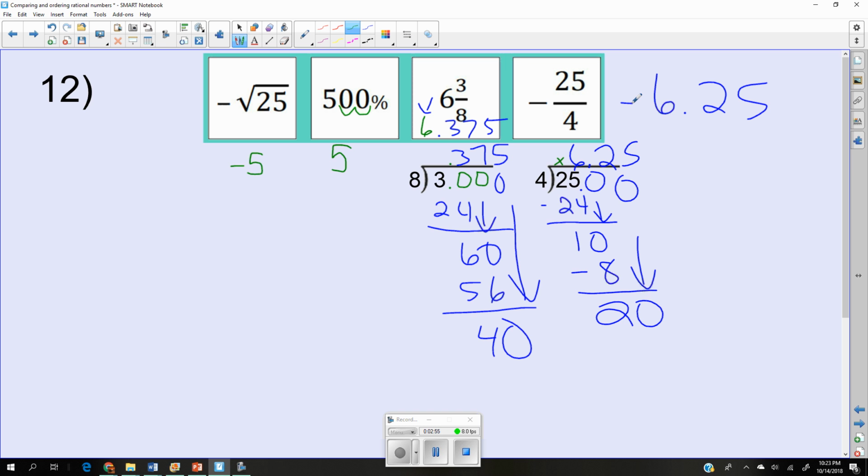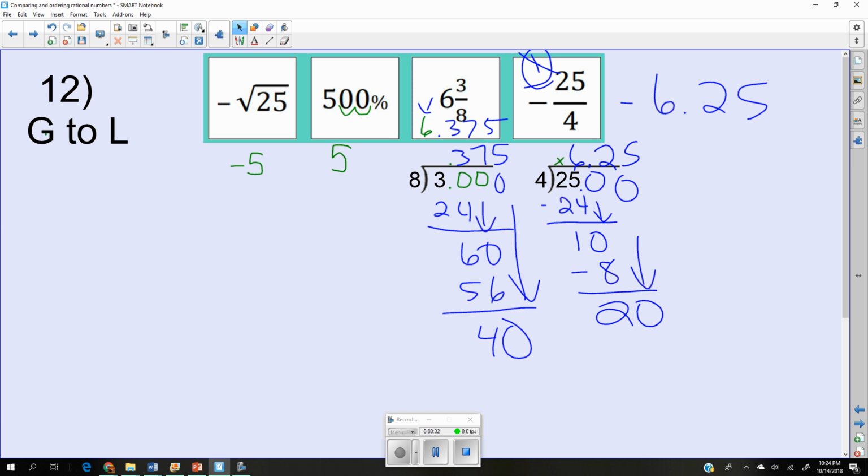So if you're going to line all of these up on a number line, and we're going in descending order again, so we're going from greatest to least. Okay. So instead of doing, I'm not pulling out the number line right now. This one here's a negative, and here's a negative. So negative 5 is bigger than negative 6. So this is our smallest. So this would go first. So that's the first one. The least. Because